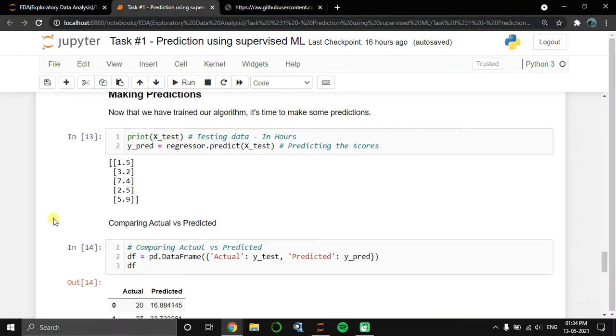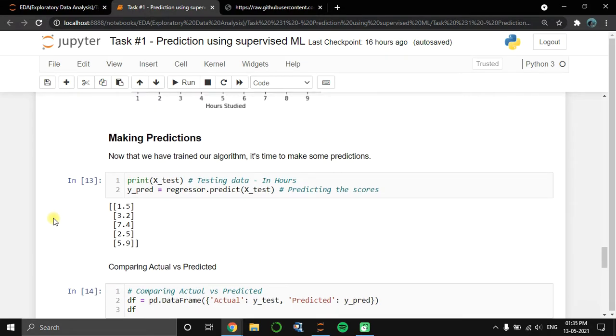Now as we have trained our algorithm, it's time to make some predictions. So using the x_test and y_pred, we are making some kind of predictions. So these are some of the predicted values